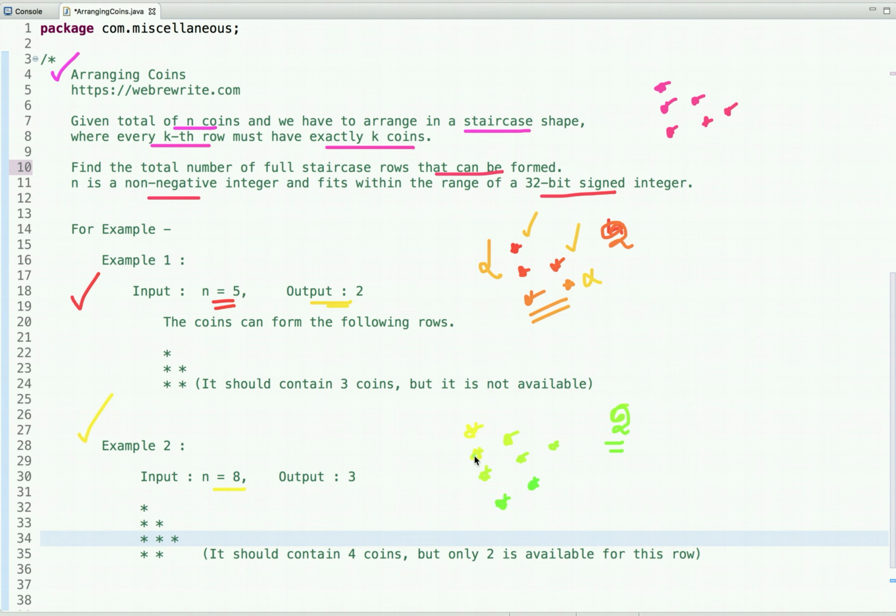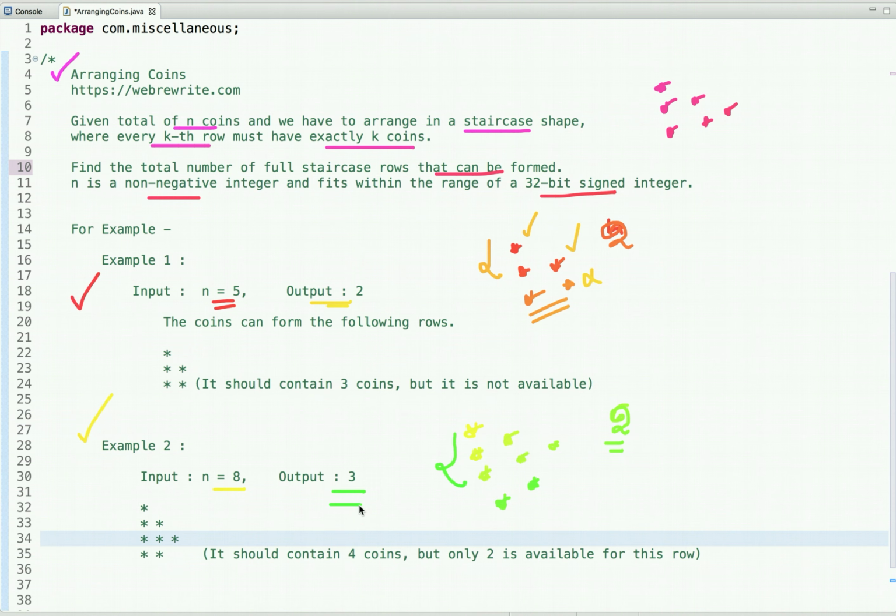So in this example we have exactly 3 full staircase rows, and each row must have exactly k coins. The first row has 1 coin, the second row has 2 coins, the third row has 3 coins, so the output is 3.